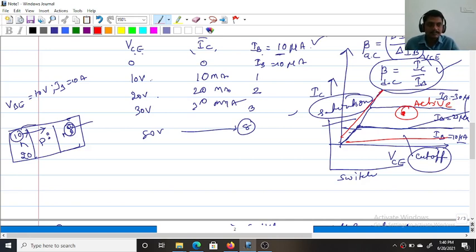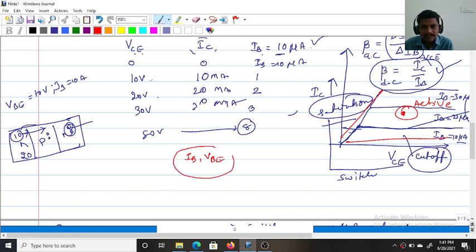The best example of an amplifier is a loudspeaker, where the input sound is low and the output is very loud. The sound signal is amplified, and this function is called amplification. Amplification can be done by this transistor only when it is kept in the active region, by properly selecting the values of IB and VBE.